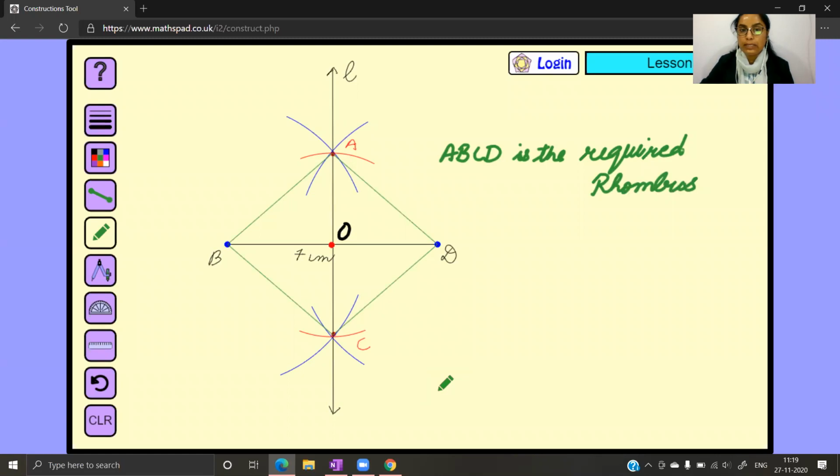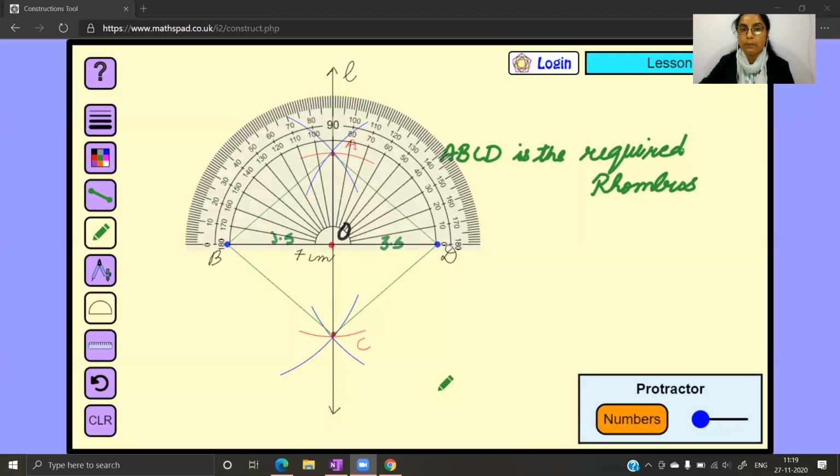You can check a couple of things. We already checked the two parts for BD are 3.5. This portion is 3.5 and this portion is 3.5. You could check the parts for the other diagonal as well with the help of your ruler. Those should be 3 centimeters each. And then the angle formed here should be 90 degrees. So verifying the angle here, we wanted perpendicular. As you can see, the vertical line is perpendicular to our diagonal, line L. It's perpendicular, so that part is correct.